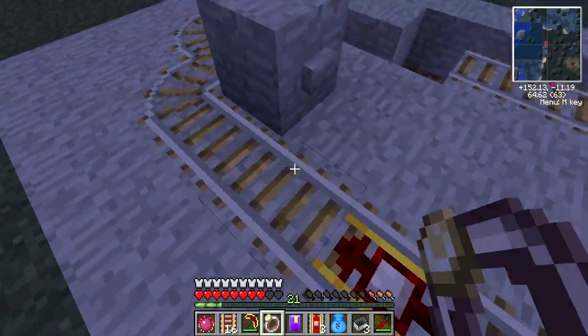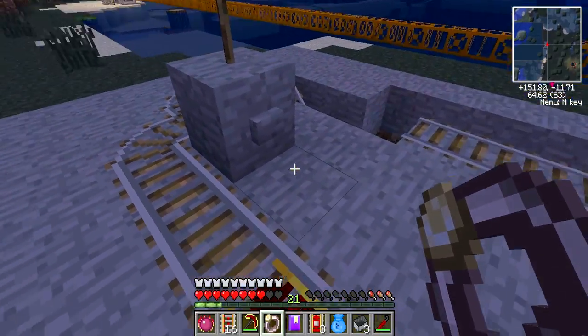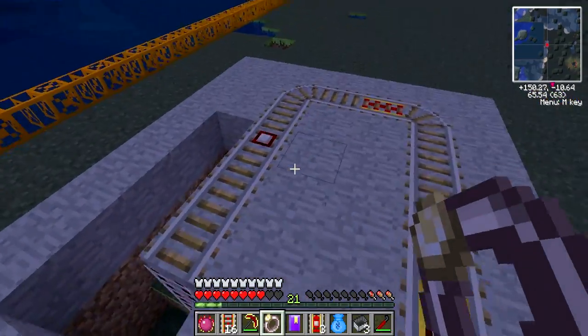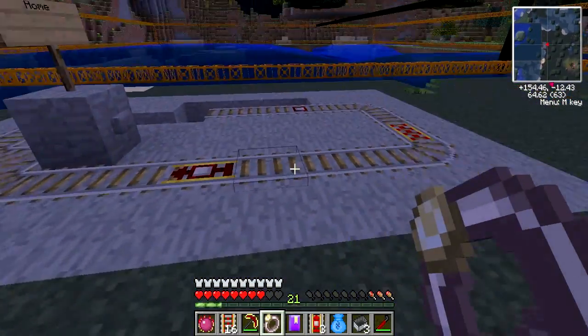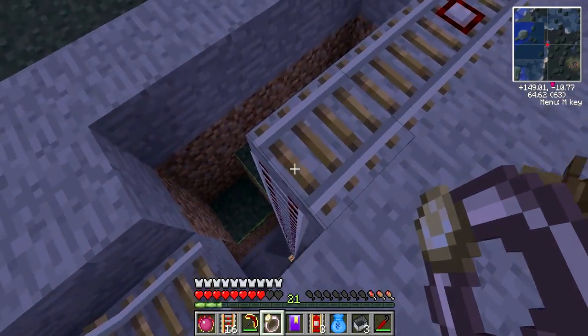But yeah, this is just hooked up with redstone wire, or should I say, red power wire, right here to this button. And it just basically goes in a circle. I know this is like the probably simplest station that you could ever have. And the reason why I have...